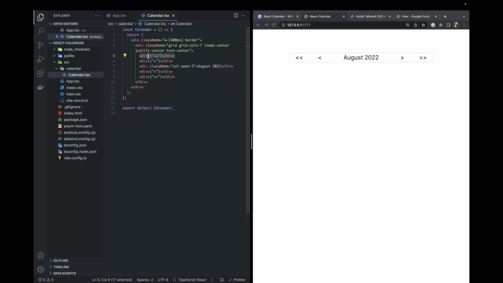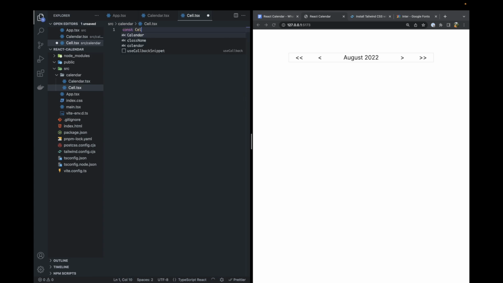Already I can see myself thinking that this would be a great candidate for a React component. So let's get started on creating a new React component to house our cell. I'm just going to call it Cell. Create a new component here, Cell. Awesome. And now let's make this into a React functional component